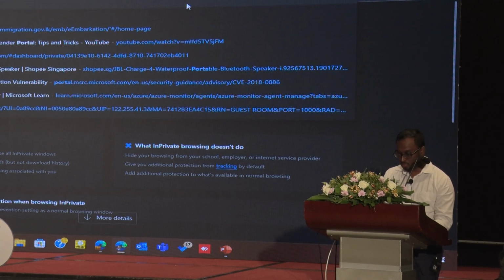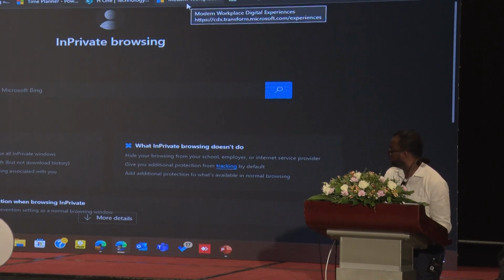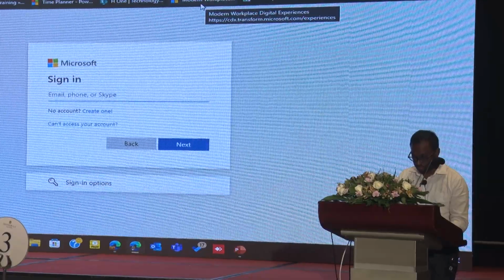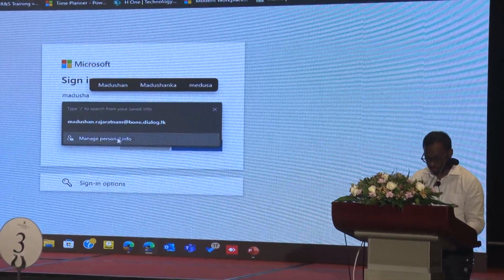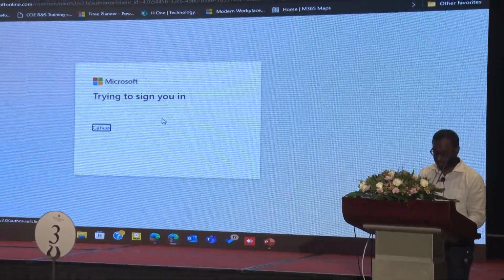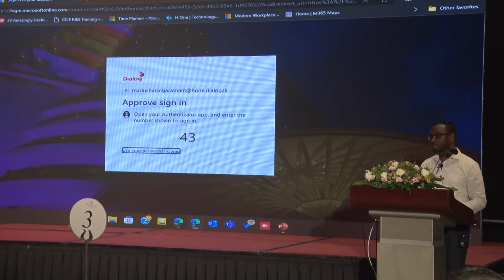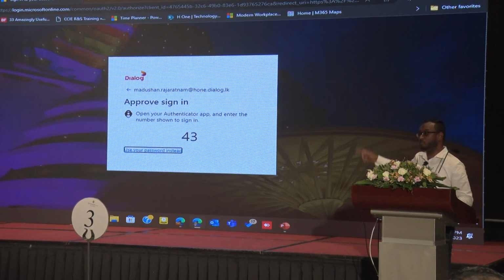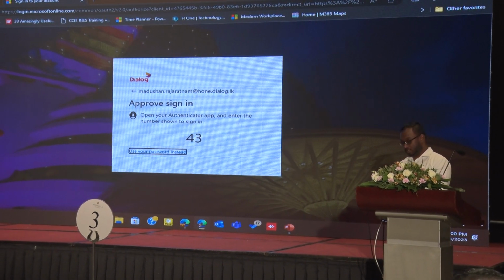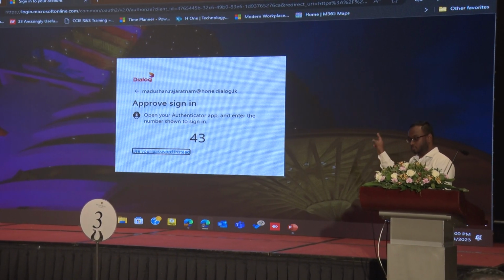let me log into my mail account via browser. If you look, as soon as I typed in my username, there was no password prompt for me, but I got an authenticator prompt instead. Now, this is what passwordless is in terms of your day-to-day activity. Does that mean my password is removed from this? No. I have the password option as well. So simply I have to authenticate through my